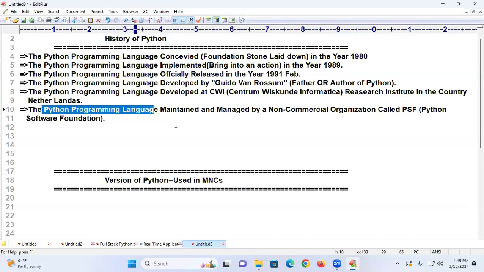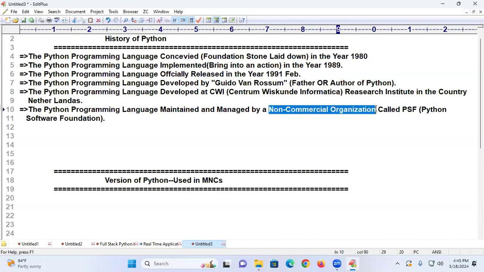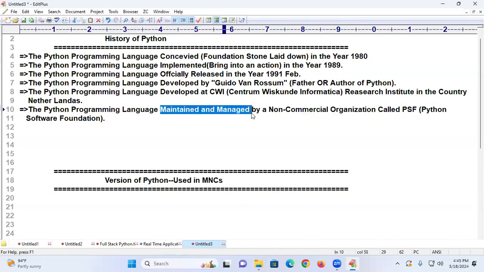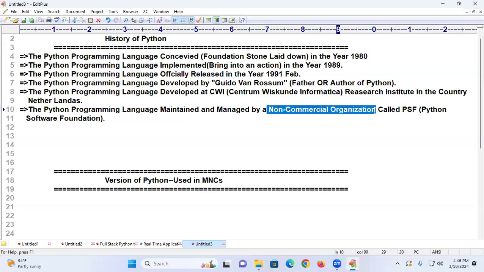If somebody asks you what is PSF, don't try to express your old knowledge. You say PSF is one of the non-commercial organizations which is maintaining and managing Python software. Don't answer like outside people, Python Software Foundation. That's not correct. As a real-time programmer, I am telling you, this is the meaning of PSF. You need to answer it like this. Are you able to understand?